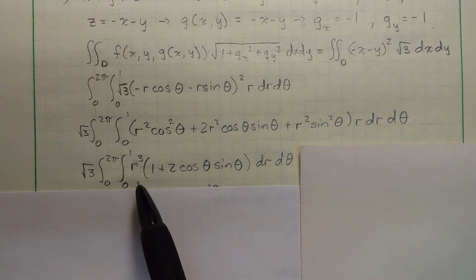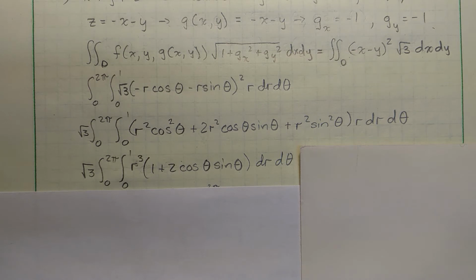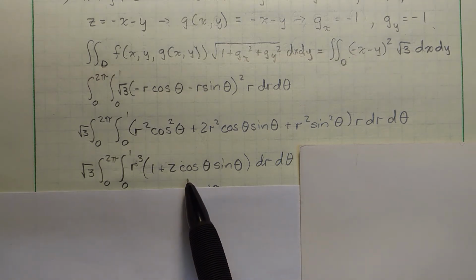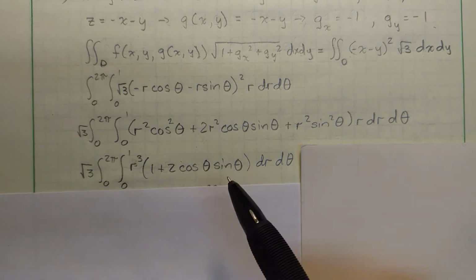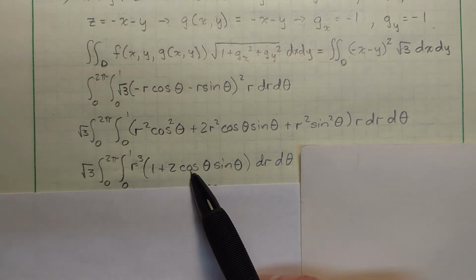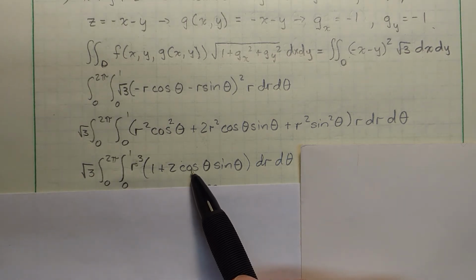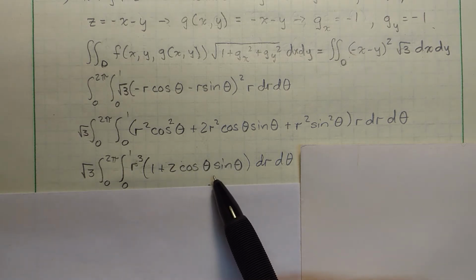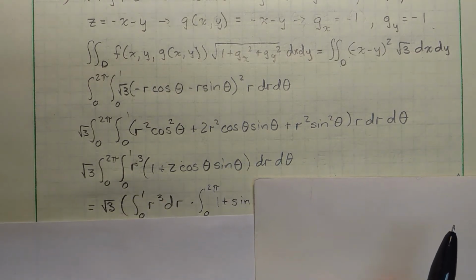And notice the r cubed comes from multiplying by that r, and so that's dr d theta. Now I need to do the integration here. Probably easiest at this point to recognize something. I could use u substitution on this. I could let u be sine of theta, du would be cosine of theta, and go like that. But we could also just recognize that this is our formula for sine of 2 theta. So we can simply replace that with sine of 2 theta